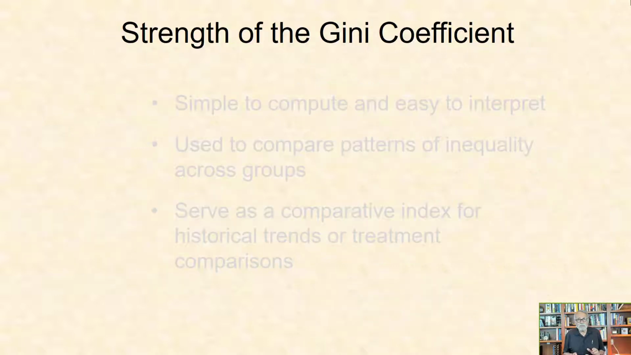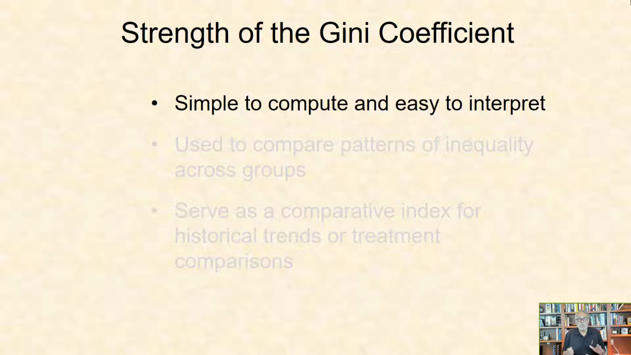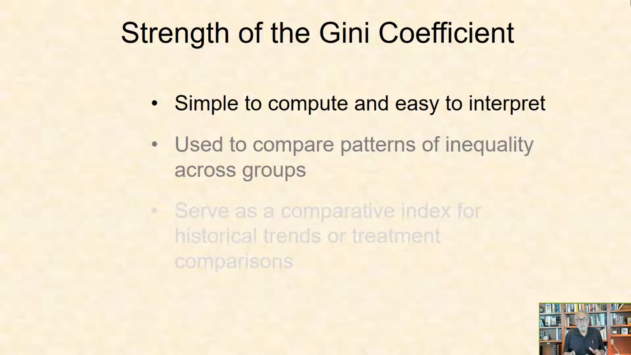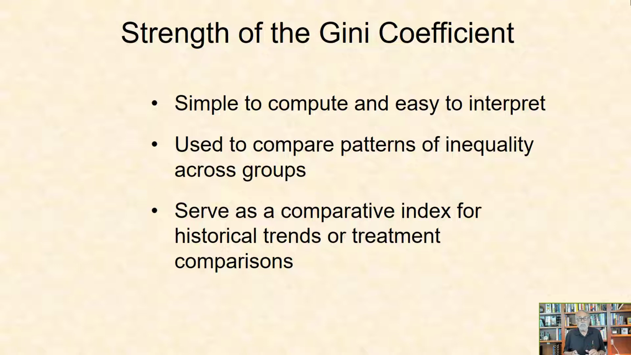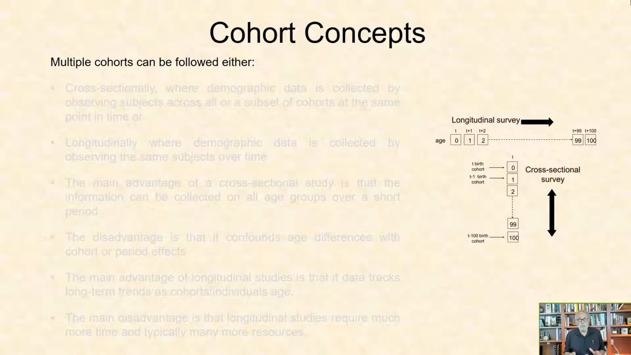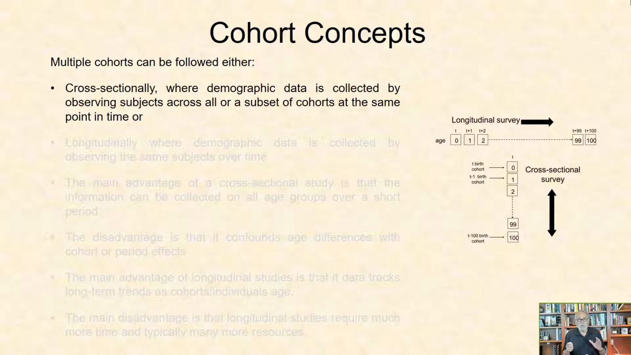The strengths of the Gini coefficient include, first, it's simple to compute and easy to interpret. It's used to compare patterns of inequality across groups, and it serves as a comparative index for historical trends or treatment comparisons. Cohort concepts. Multiple cohorts can be followed either cross-sectionally, where demographic data is collected by observing subjects across